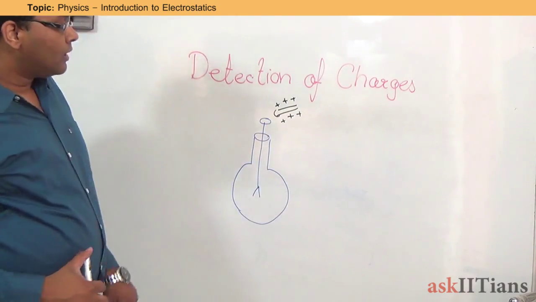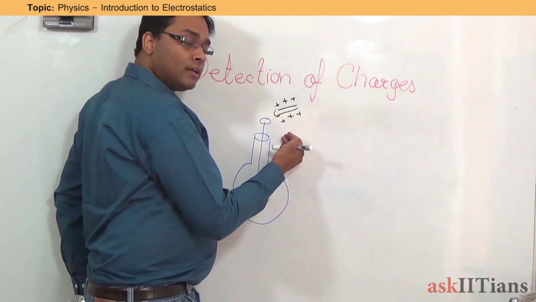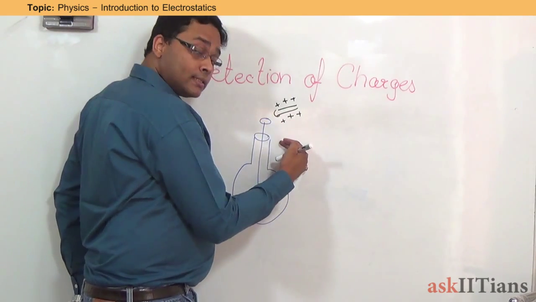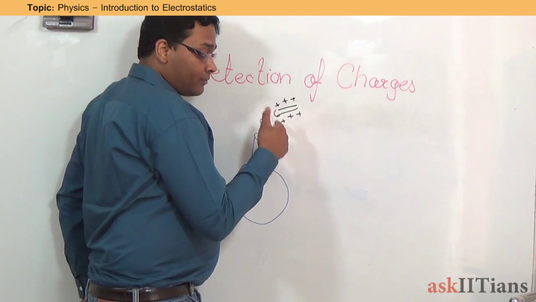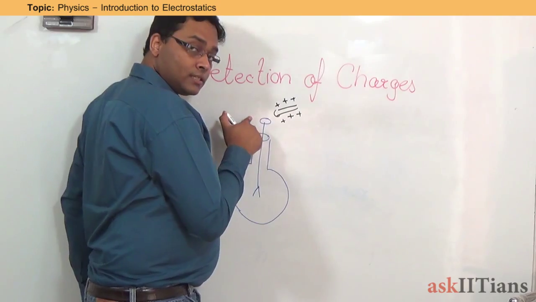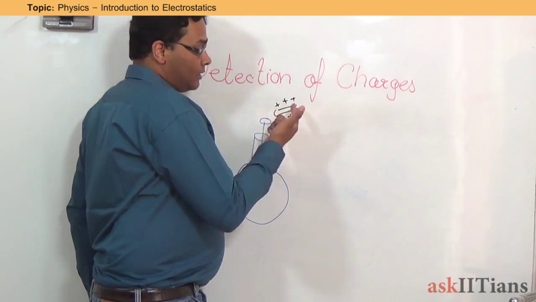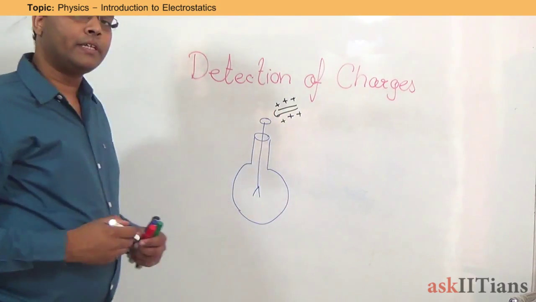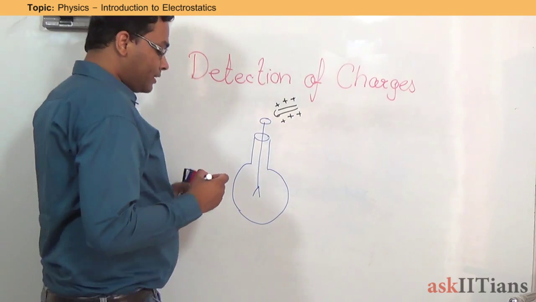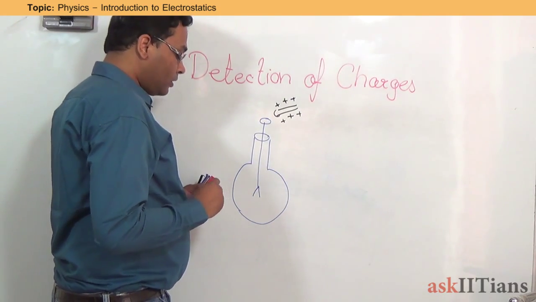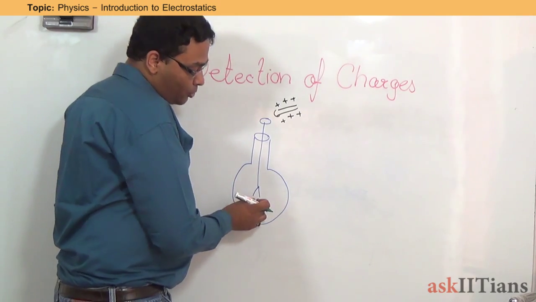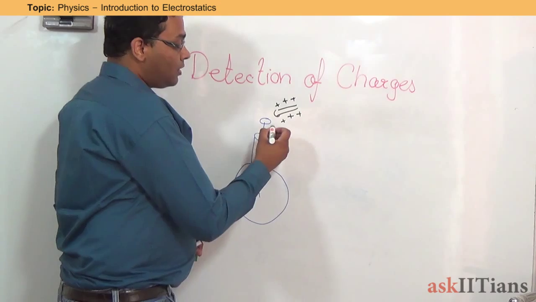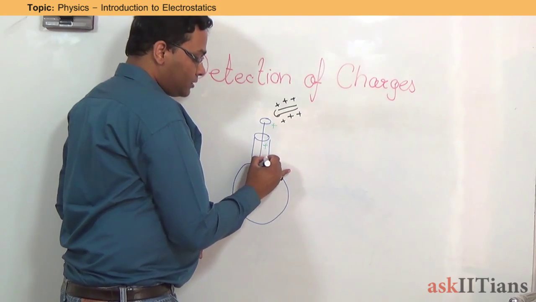Now what you do is bring a charged body close to this. Obviously it induces charges. It does not need to be touching it. Just by induction, it's going to be giving the charge to it. So when the charge is given, what is going to happen? You will see that initially both of these gold leaves should be together, but as soon as you give the charge,